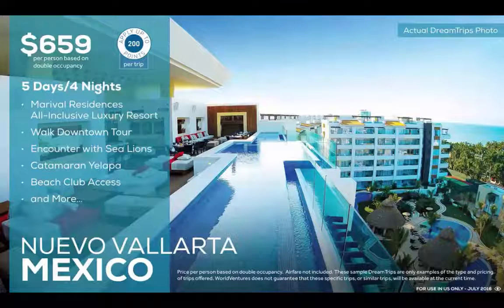And so, here I'll just show you an example of a couple trips. This is a trip that a lot of our members do. This is a fabulous resort. This is the Marival Residence. These are 1,500 square foot suites. It's a 4-diamond resort. The price includes a couple excursions,